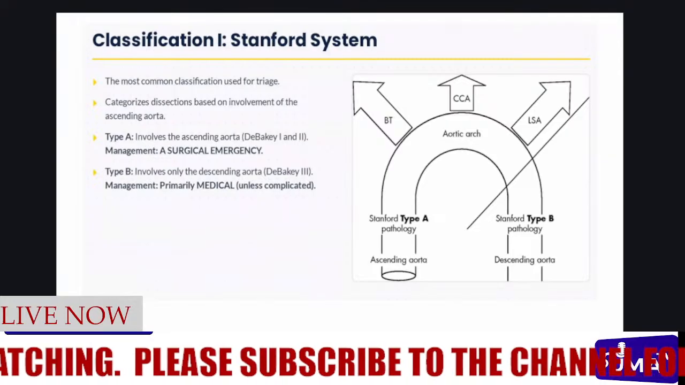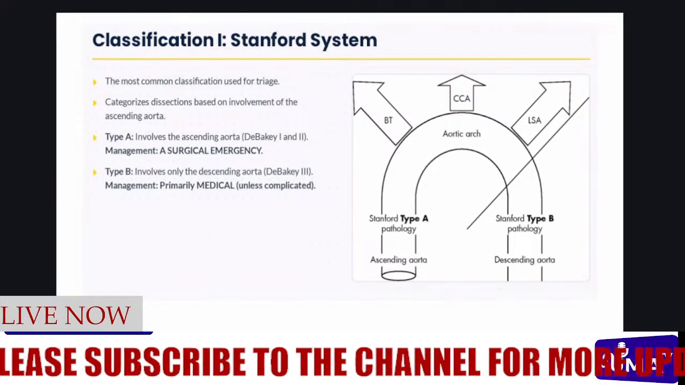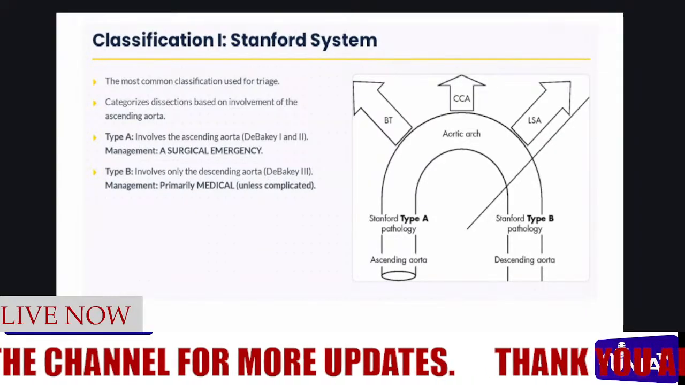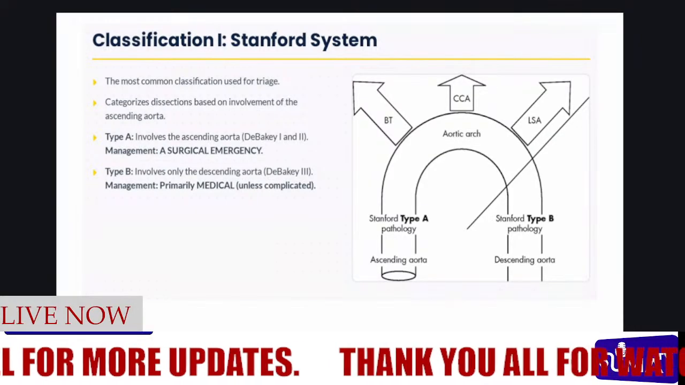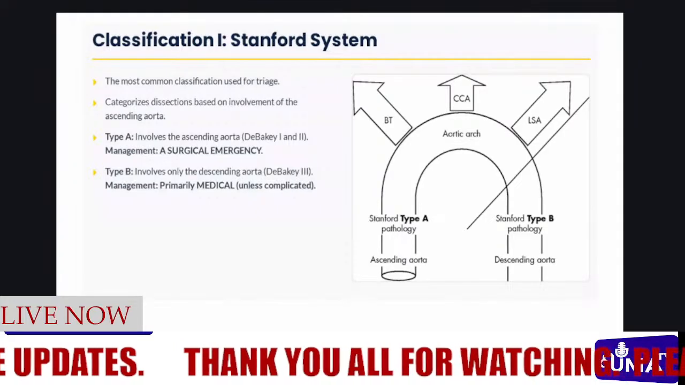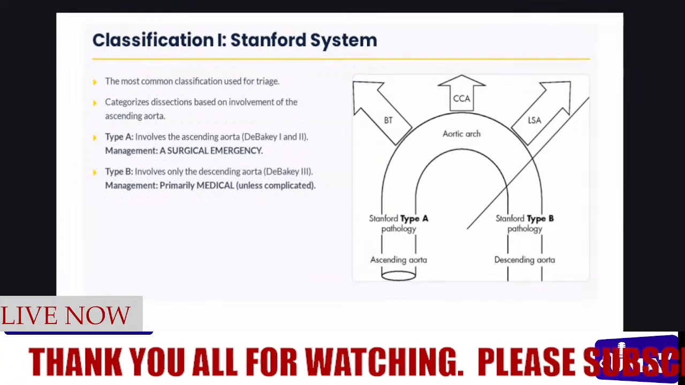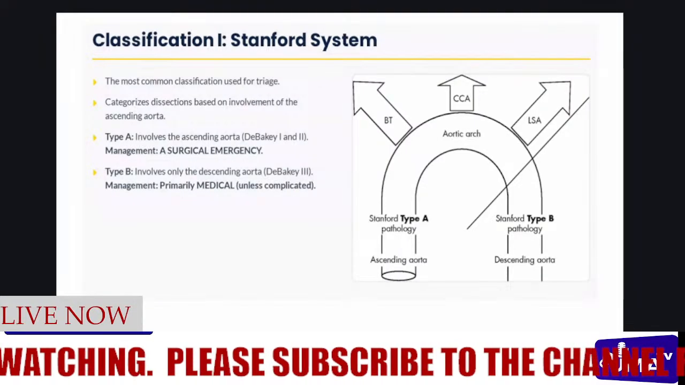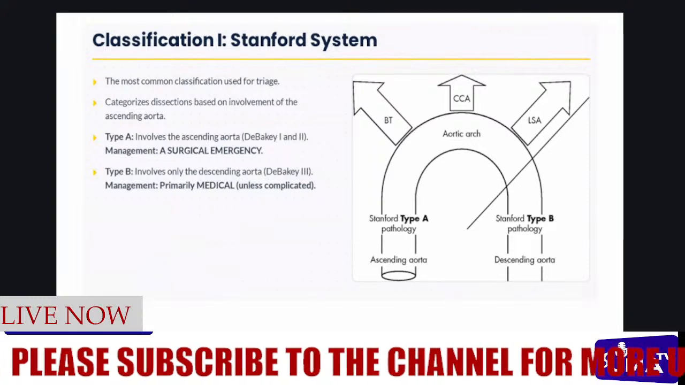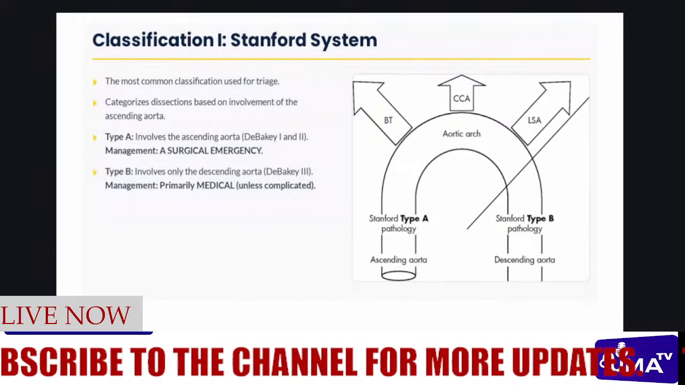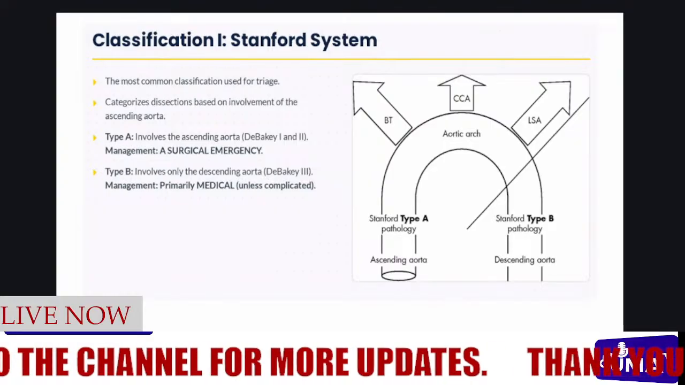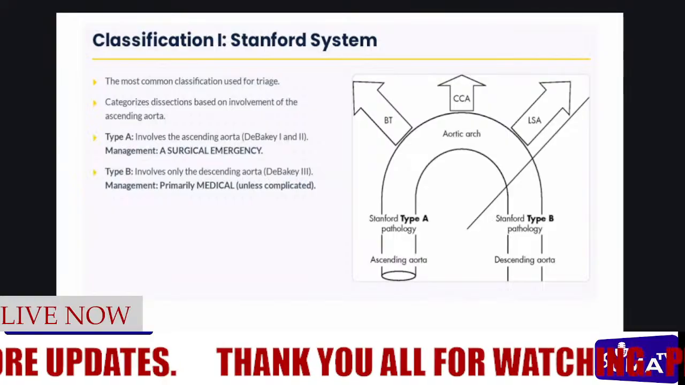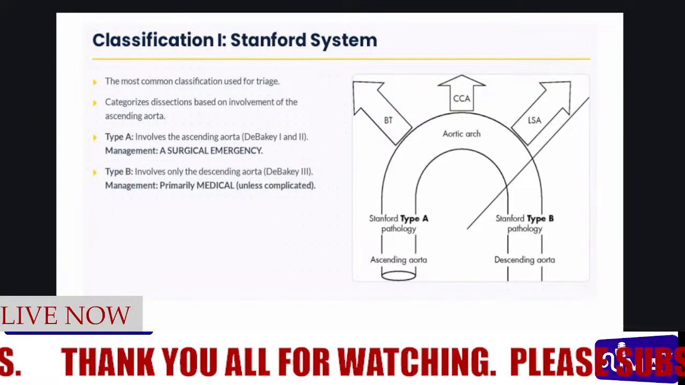A number of classification systems have come up for dissections. There's the Bakey, there's Stanford. Now, the Bakey doesn't help us much as surgeons, so we don't talk about it a lot. We traditionally have been using the Stanford system, which says if you have a dissection extending anywhere from the root to the end of the arch, that is Stanford A. And anything beyond or distal to the left subclavian artery is Stanford B. But